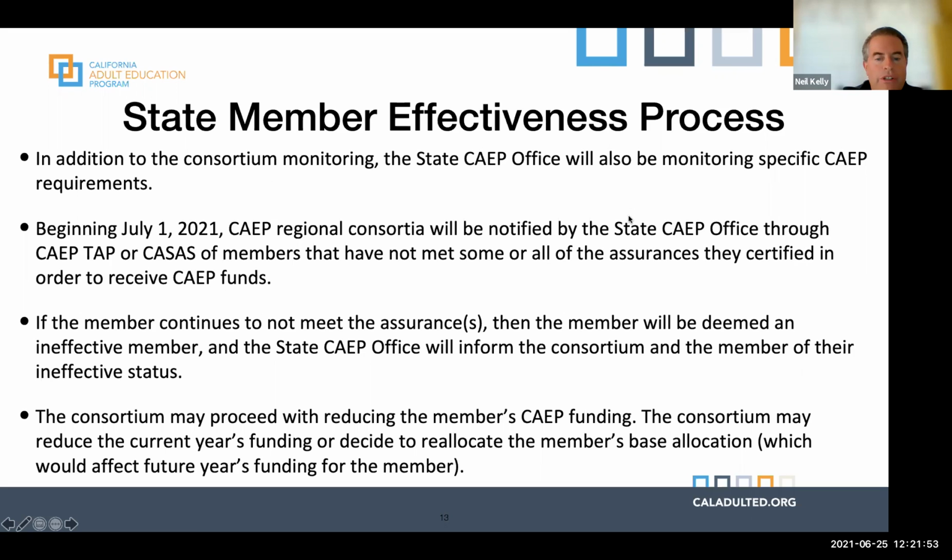So there's a couple of ways you could do that if you choose, because if you go to the Ed Code, it says, like Veronica said, no less than the prior year amount. Well, there are exceptions to getting the same amount as the prior year, and that's ineffectiveness. So if you really wanted to make a point, you could reduce a member's base and they could get less in the following year if they're ineffective members. So there is some teeth to this, and it's been in Ed Code all along. I just don't think we've had this discussion and put it in writing.